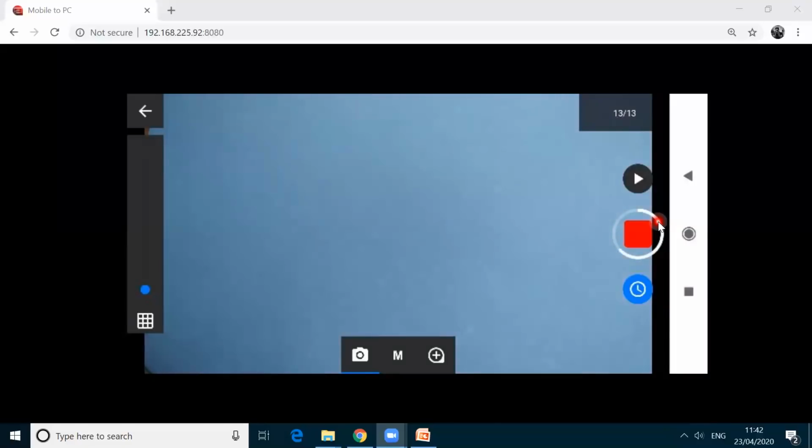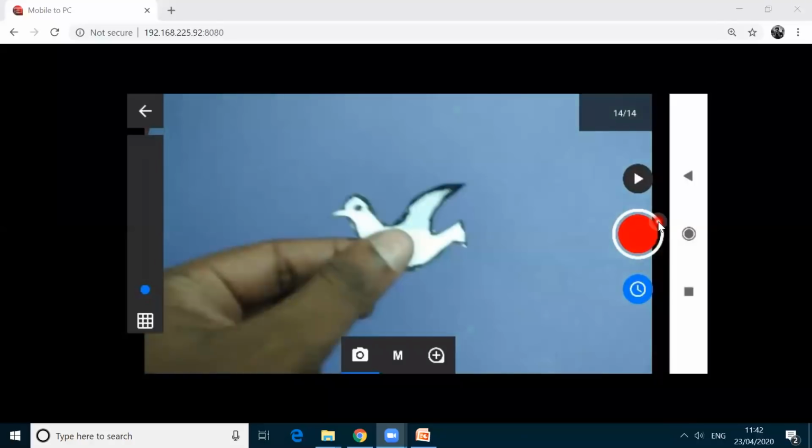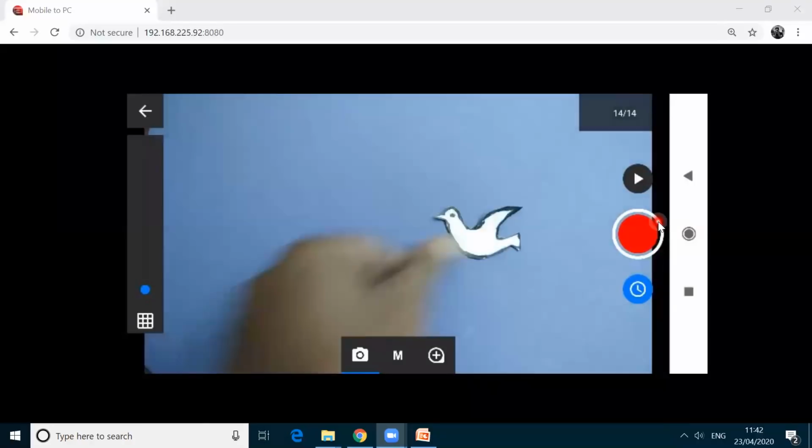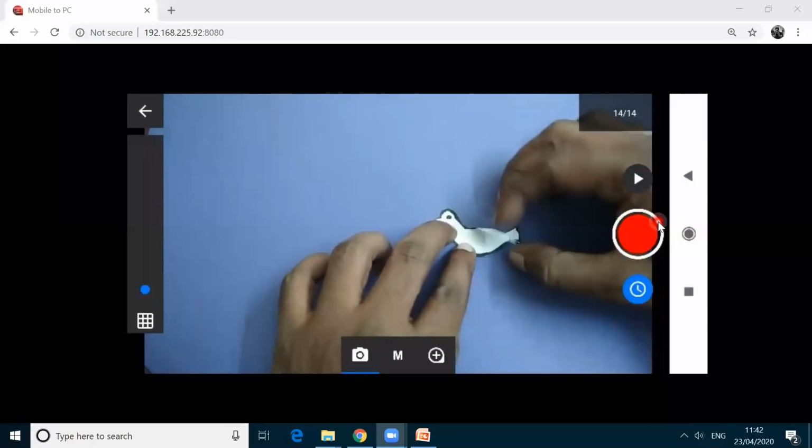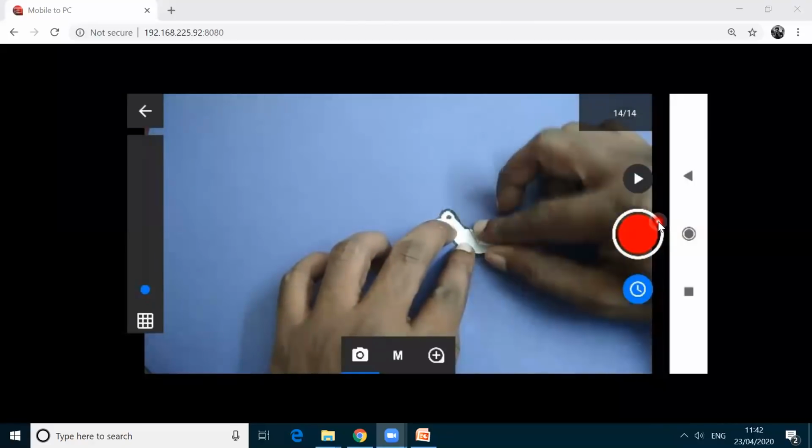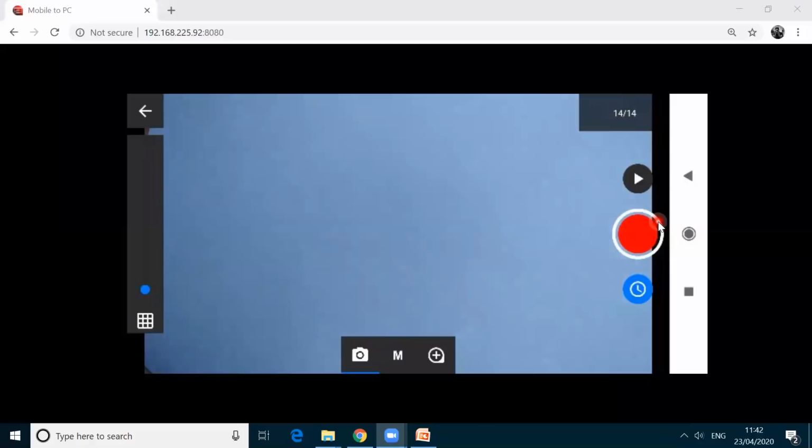Now I'm stopping this one. After that, I'm pressing the icon again. It gets stopped. Now I'm playing. So it moves very fast. But I want to add a little bit of animation to this bird. See here. I'm having this. I'm going to make.